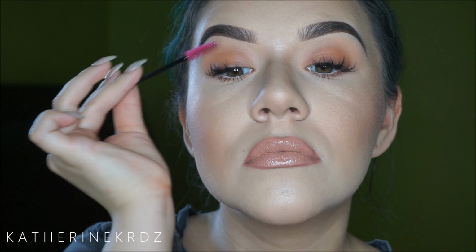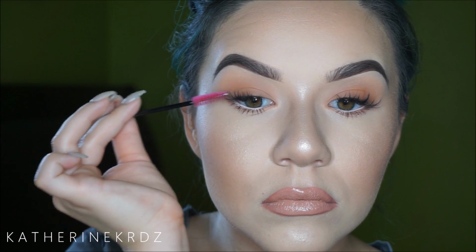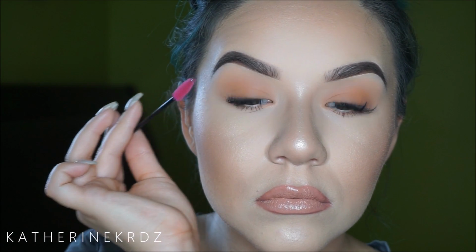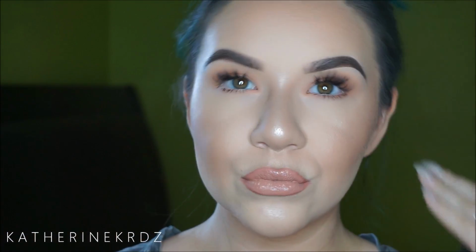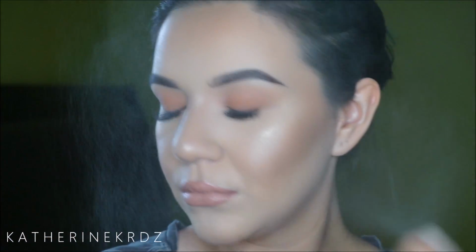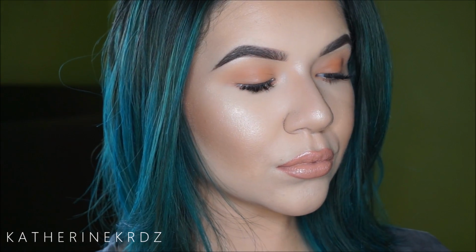And I am wearing eyelash extensions, so no falsies are needed for this look, but just to make sure I dust any shadow or powder off of my lashes, I'm just giving them a quick brush through with a clean spoolie. And then I'm just going to be setting my entire face with this Maybelline setting spray that I'm not crazy about, but I have it, so I'm using it. And this is the